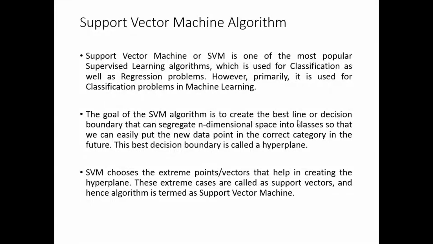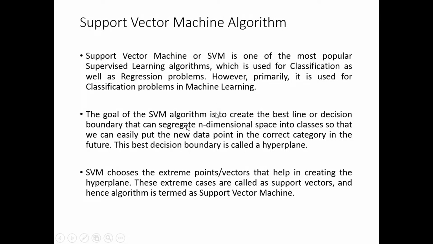Very near to that or on the line, this is the best fit point. So that same thing we are going to apply here, but in a slightly different style of using that line. We'll be having three lines. The goal of the SVM algorithm is to create the best line, as we also had in regression, or decision boundaries. Understand and remember these keywords. We are saying the SVM algorithm is used to create the best line or a decision boundary